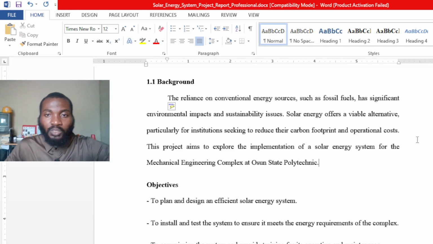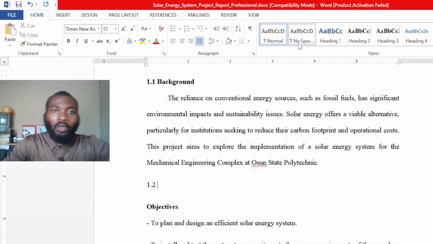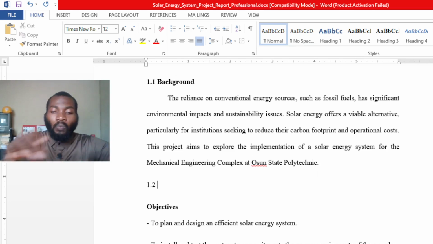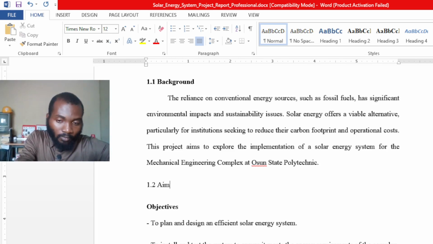Objectives. Before you have objectives, you should have the aim and objectives. 2.2. Why am I using 2.2? This is 2.1, the main topic. Then there's another one after it, 2.1.2. 1 for the chapter and 2 for the second. Aim and objective